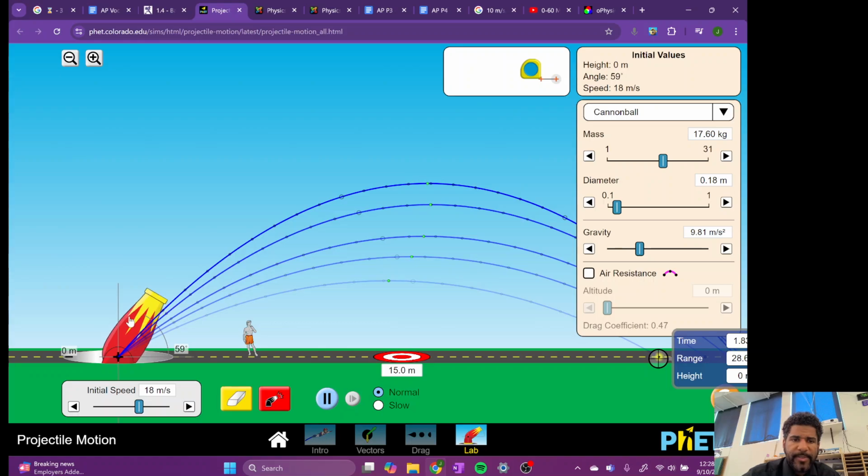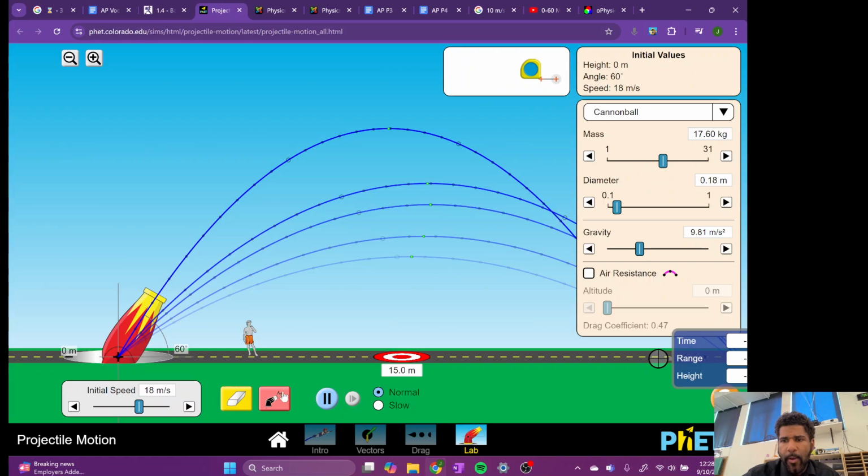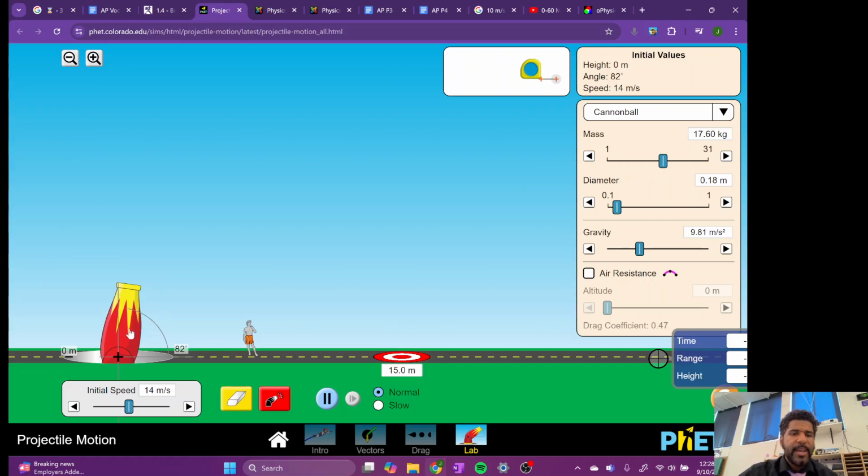And now if I go to 60, it reaches the same spot, 28.6, that my 30 degrees hit. 60 and 30 are complementary angles, and if I decrease the velocity, you can see that if we take any pair of complementary angles, let's take even